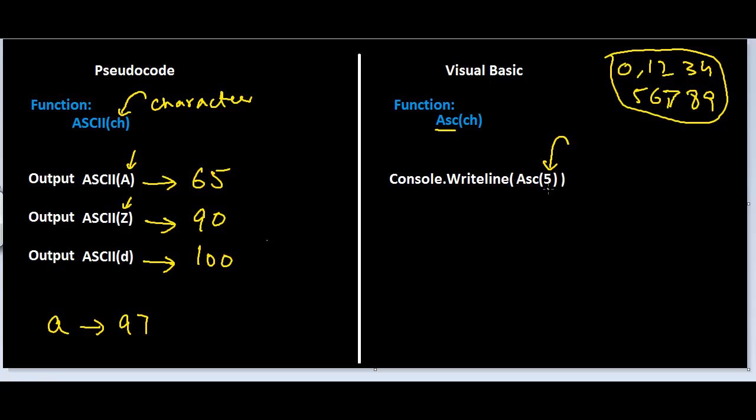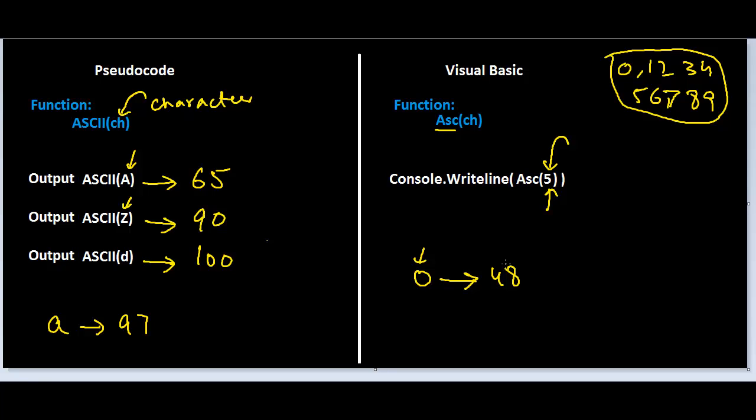So 5 as a character, what is the corresponding ASCII code? Remember that the ASCII code of digit 0, when 0 is being treated as a character, is 48. So 49 would be 1,